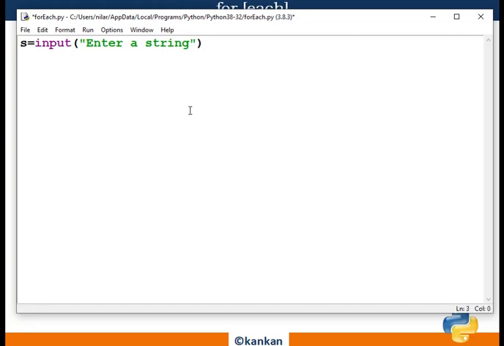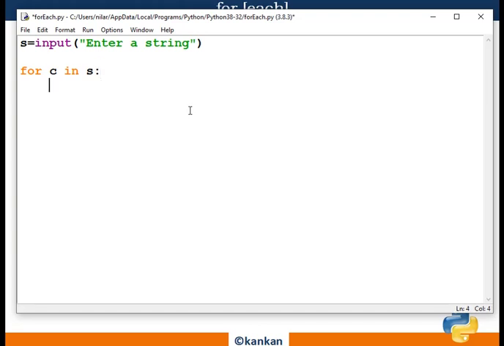Now declare the for each loop. Here C is the variable and that will be in the string S.